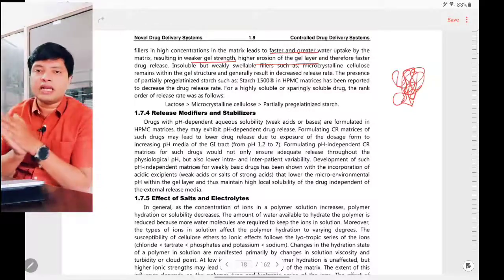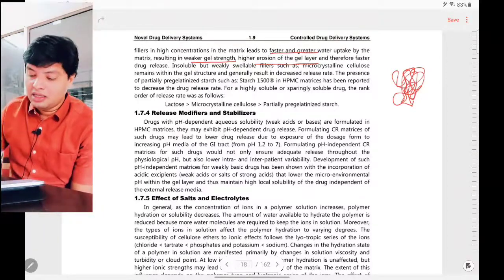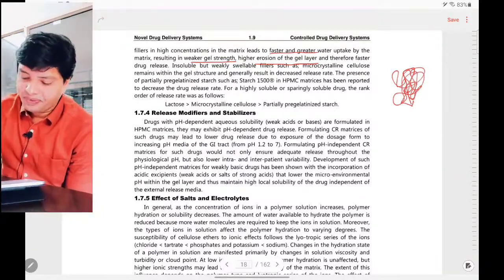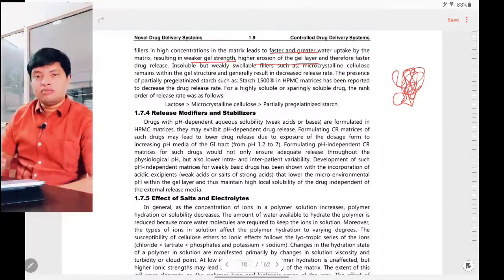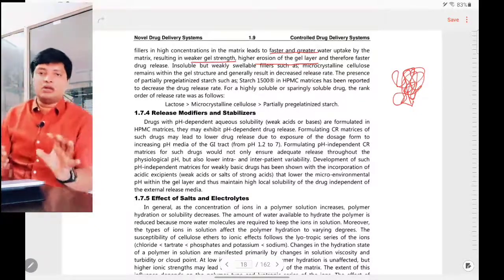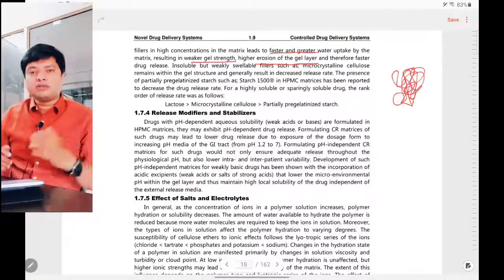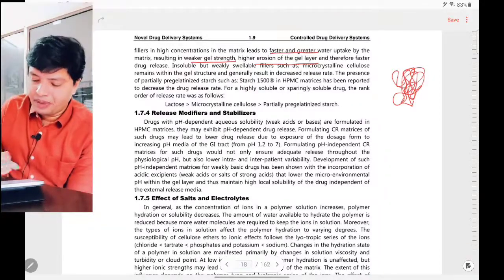Next, for insoluble fillers, obviously the filler is not soluble, it will stay in the polymer. It will not affect the water uptake and erosion capacity of the polymer. It will retard the drug. That's what it is given. Next are partially soluble polymers also, because they are partial, neither fully soluble nor fully insoluble. So they will also try to retard the drug release from the formulation.